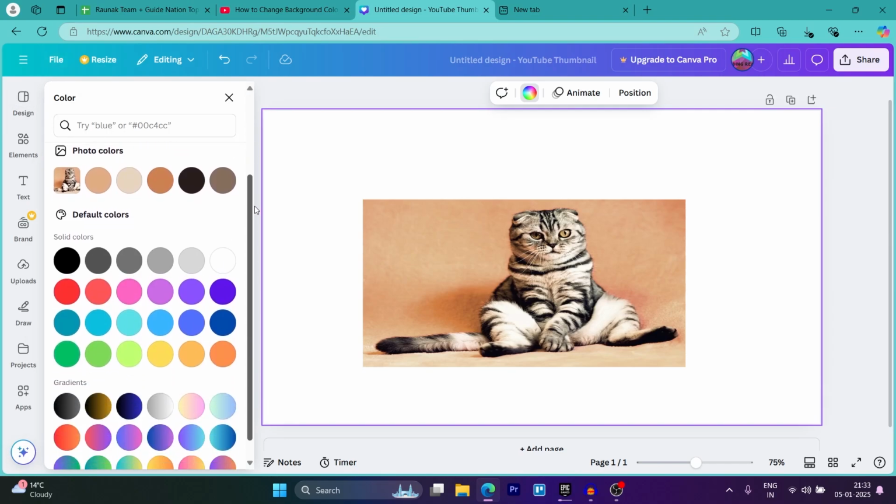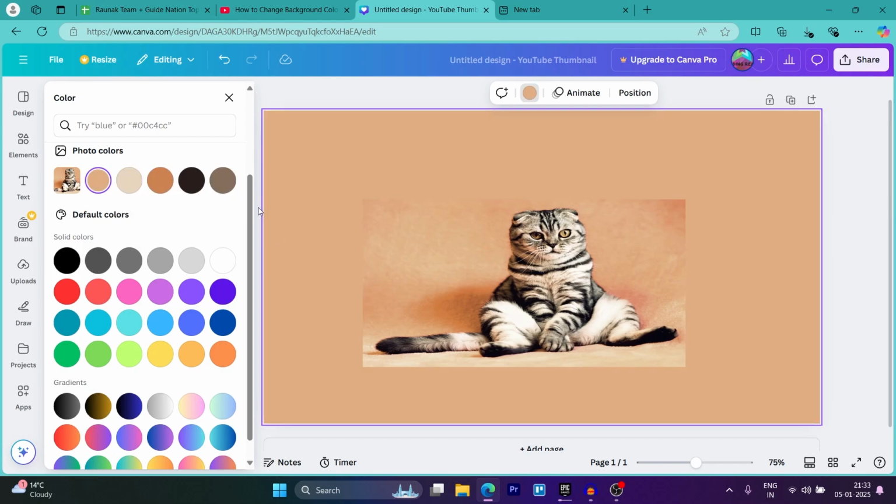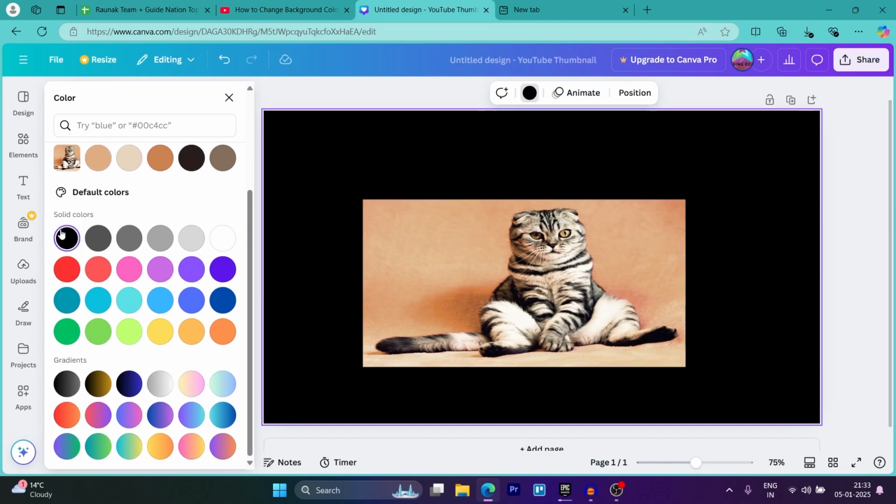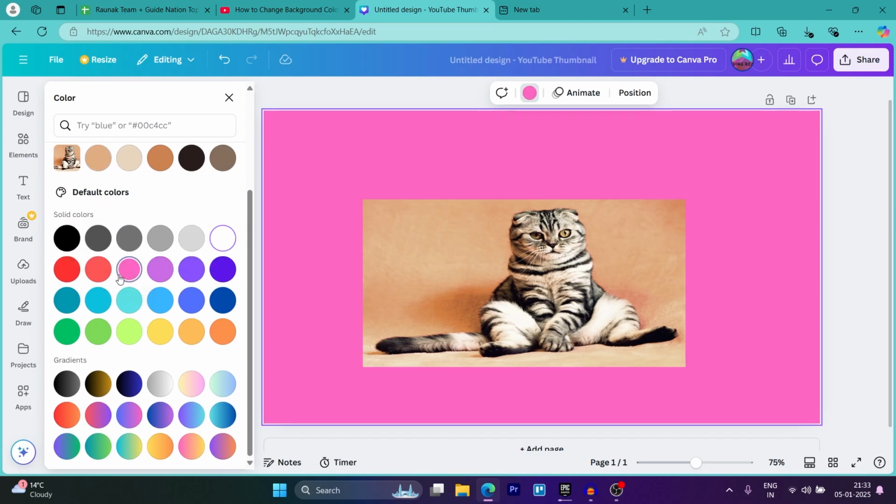Now, I will scroll down and it will show up a section that says photo colors. That means these are the colors that are available in photos. You can choose any one of these colors to make it the background. Now you also get the option for solid colors like black, white, pink, blue, green, or any of the colors